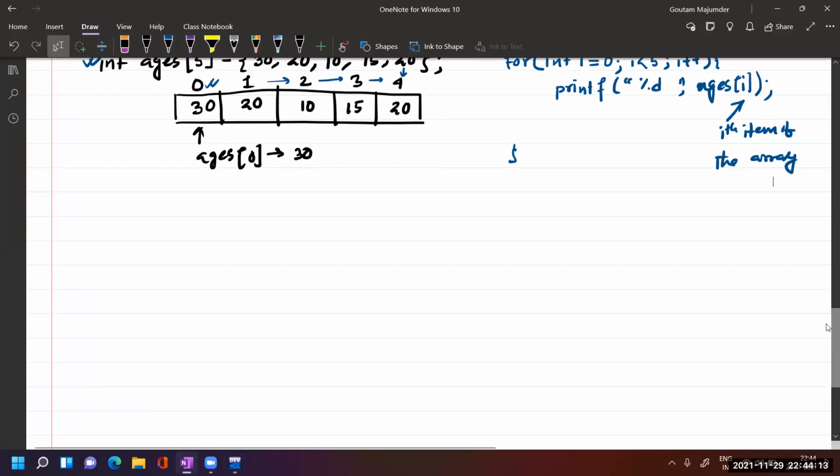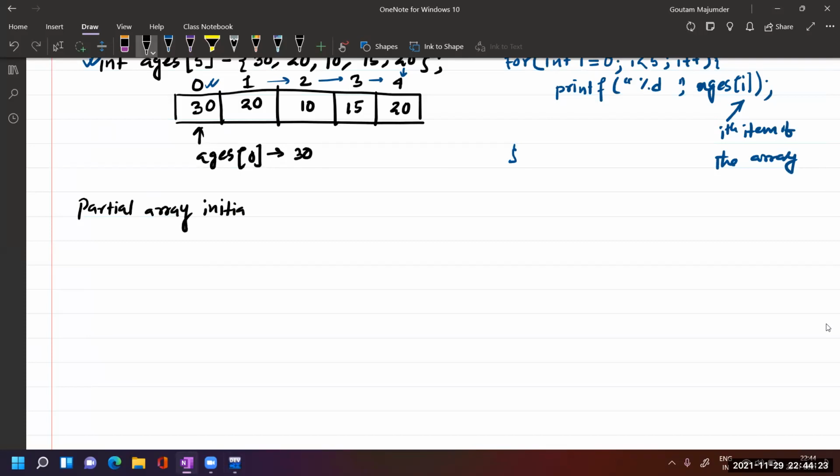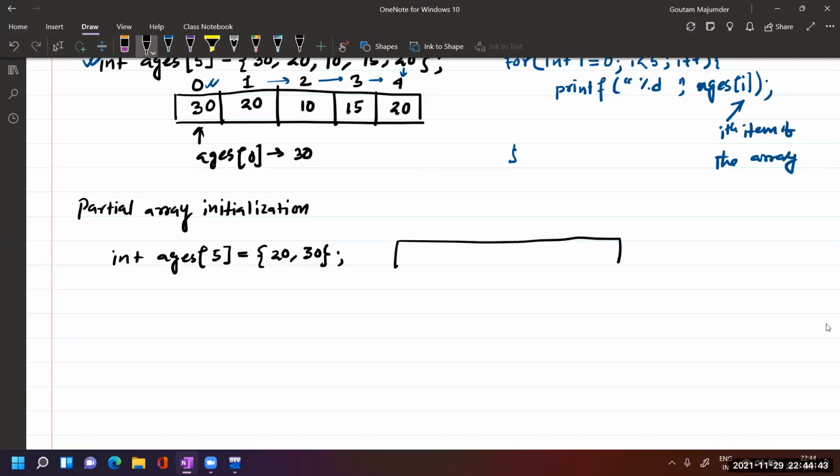Note this down. Partial array initialization, I'm writing it here. So when you declare an array, integer ages 5, number of blocks reserved is 5, and you pass only, suppose, 20 and 30, then how will the array look? 5 blocks are reserved, although I'm passing only two values.